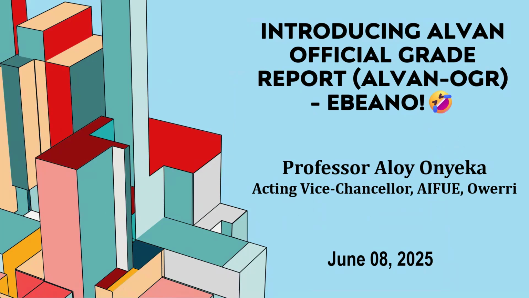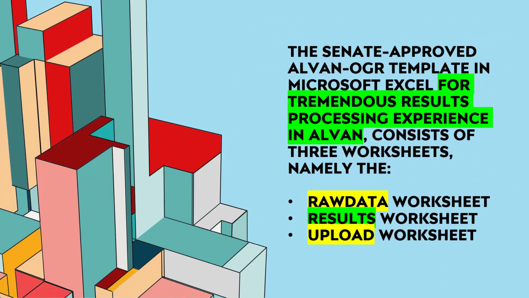My name is Professor Aloysius Chijioke, the Acting Vice-Chancellor of Alvan Ikoku Federal University of Education, Owerri. We are making this presentation today, Sunday, June 8, 2025. The Senate approved Alvan OGR template. It's actually Microsoft Excel, and it is a tool that we believe will help us achieve tremendous result processing experience